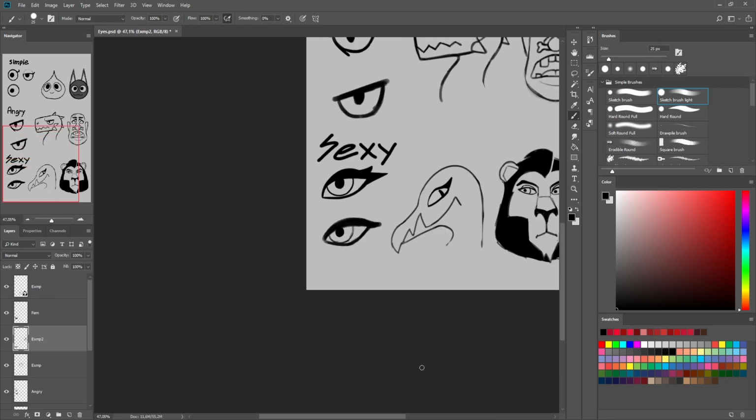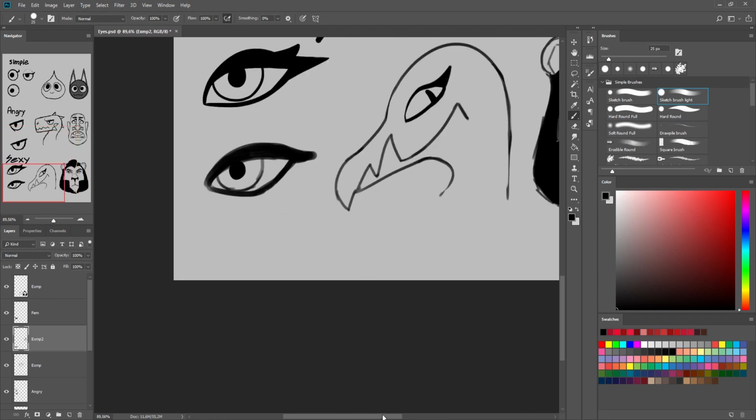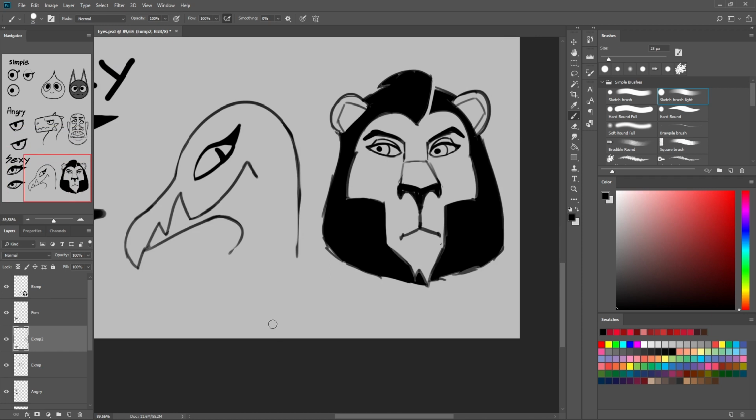So let's look at the examples. Here are two characters which use this eye shape. First one is Salazzle from Pokemon. She has this really dominant feminine look, and because she's a psychic, I think, type Pokemon, I might be wrong, she messes with your mind, so she needs to have this look. And here's, I think, Scar from Disney's The Lion King. As you can see, feminine eyes on a male character. He looks really intimidating and